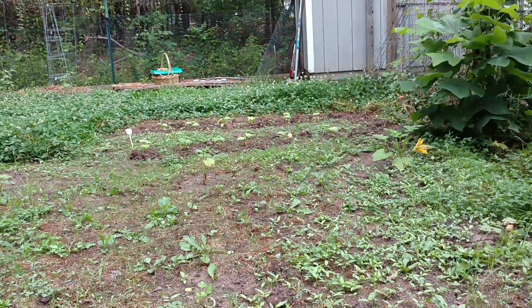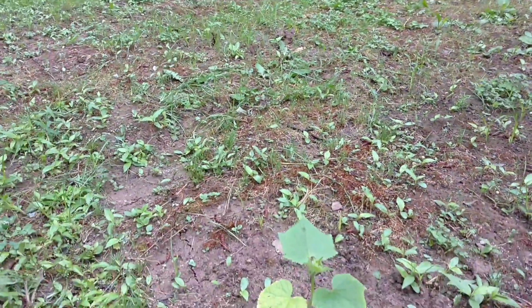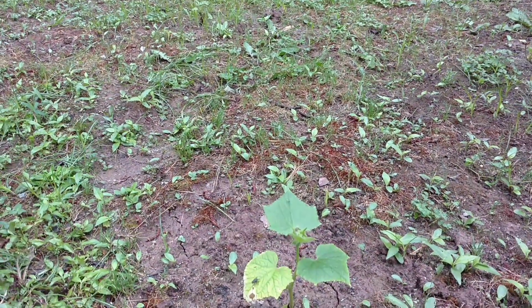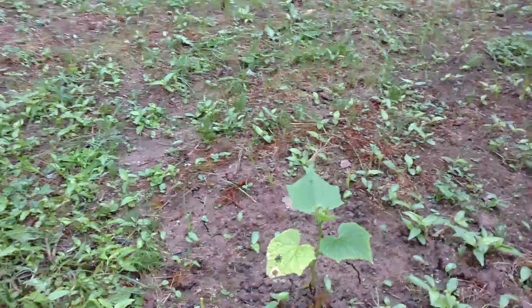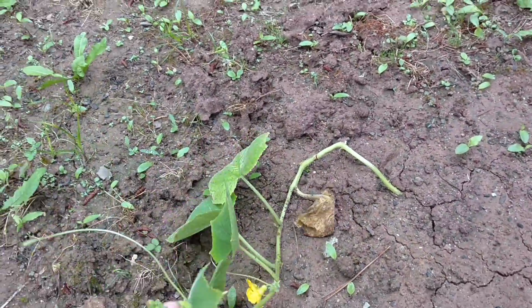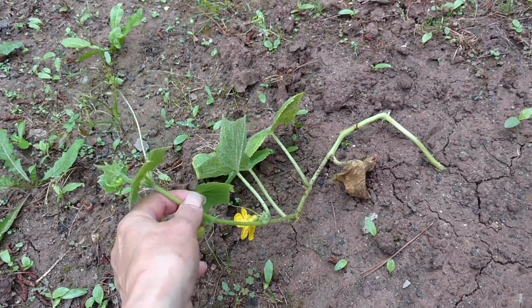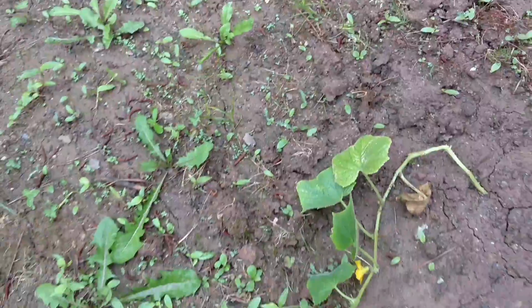Now, how I got the cucumbers mixed in with the zucchini, I haven't the darndest idea. And since I already have a dozen definitely cucumber plants over there, it looks like I've got several more cucumbers scattered through here, which means I need to plant some more zucchini. But meanwhile, I'm probably going to put a pole or something for these guys to climb on,